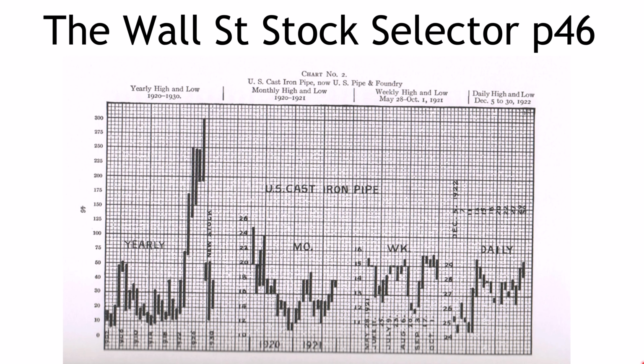Trade responsibly. So we'll kick it off with the Aussie dollar US dollar pair. If you're looking for a point of reference from Gann's original work, you can check out the Wall Street Stock Selector, page 46, where Gann lined up his charts side by side. He's got a yearly, a monthly, a weekly, and a daily. We're going to be looking at the monthly, the weekly, the daily, and the 4-hour chart, because markets have sped up a little bit since Gann's time, but they do still work the same way.